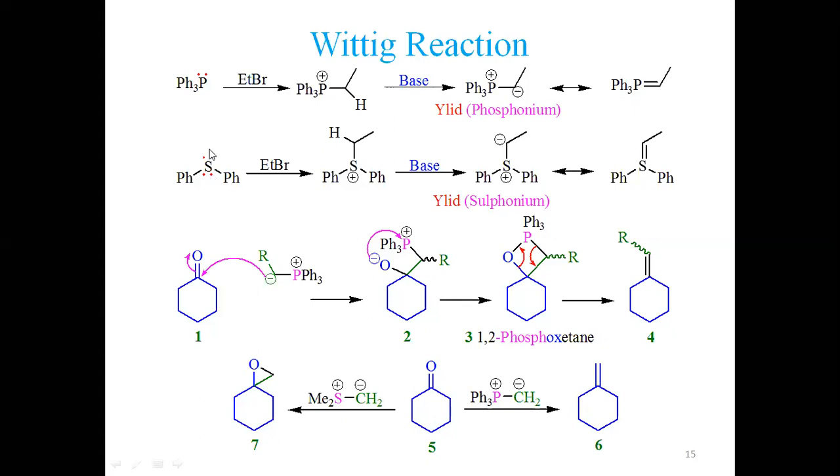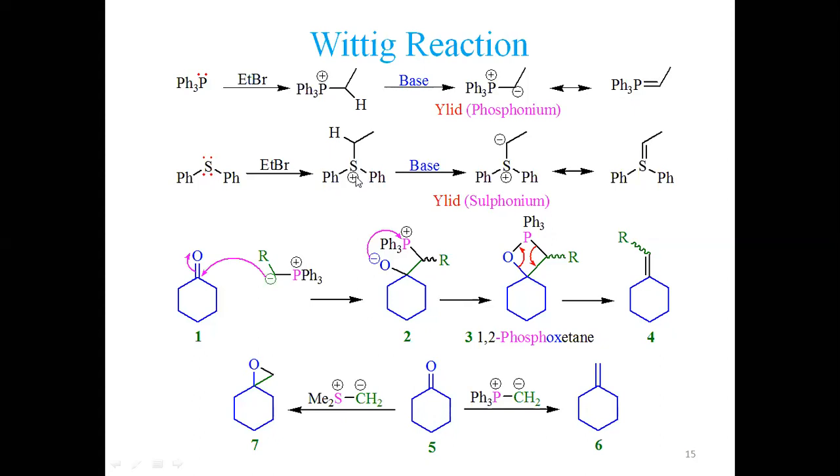Now look at this. It is very simple, just like an ether, but rather than oxygen we have sulfur. Oxygen and sulfur belong to the same group. Oxygen is more electronegative, sulfur is less. The same reaction you have seen here, we have performed here. We have replaced this bromide by sulfur. Sulfur is a better nucleophile than oxygen, generating this entity.